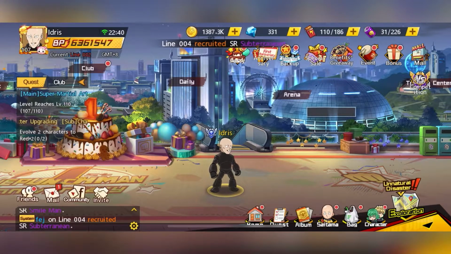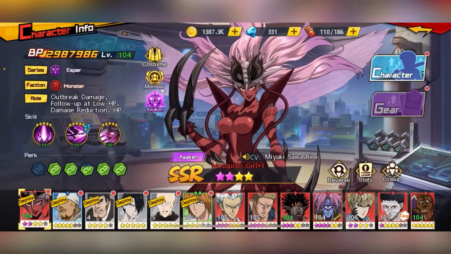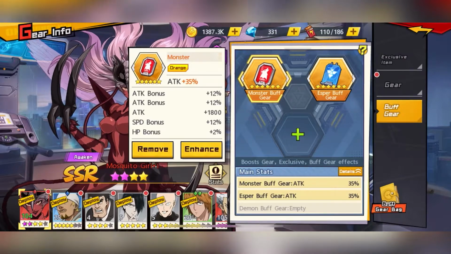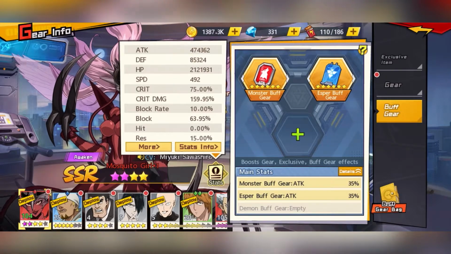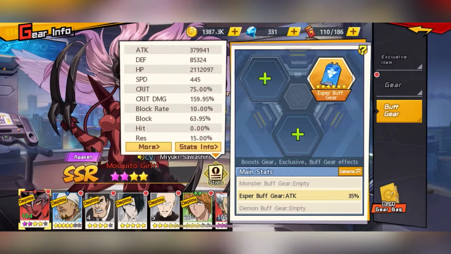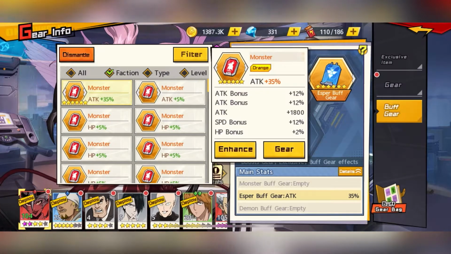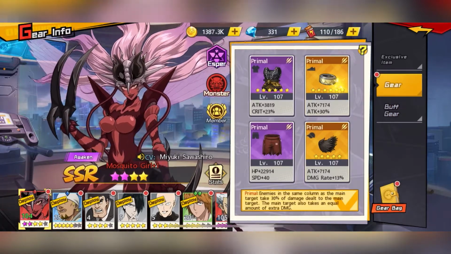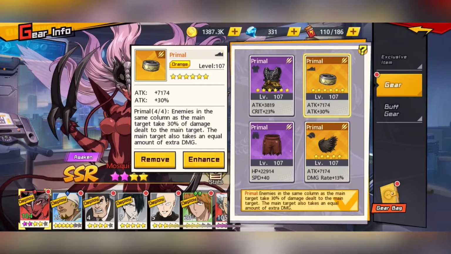Today we will be looking into buff gears. For buff gears, you can access it through Characters, Gears, and then Buff Gears. Why are buff gears so important? Because they give you a lot of stats on your character. For example, right now my RMG has 474,000 attack, and if I were to remove it, I only have 379,000 left. So just by having one buff gear alone, it gives you a significant amount of stats. Compared to your normal gears, which only give you up to 30%,